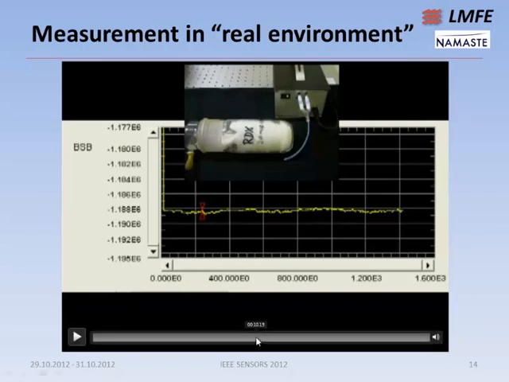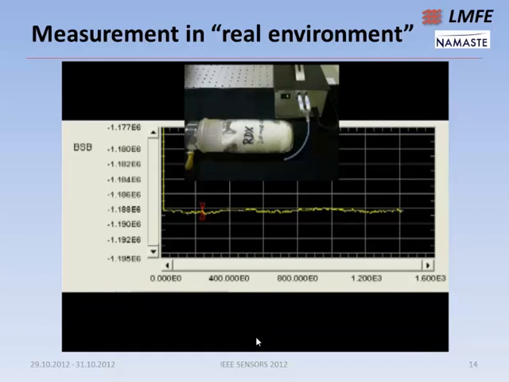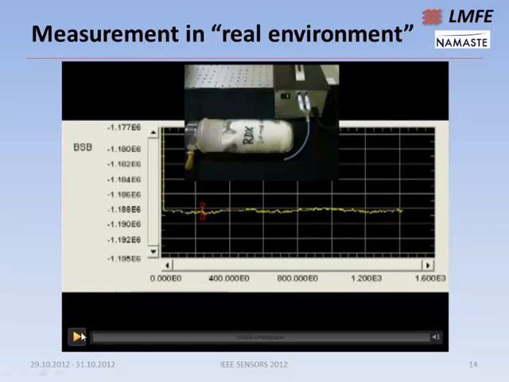Here is just one dirty experiment which we wanted to do in a so-called real environment, to see what happens if the video is working, but the video is